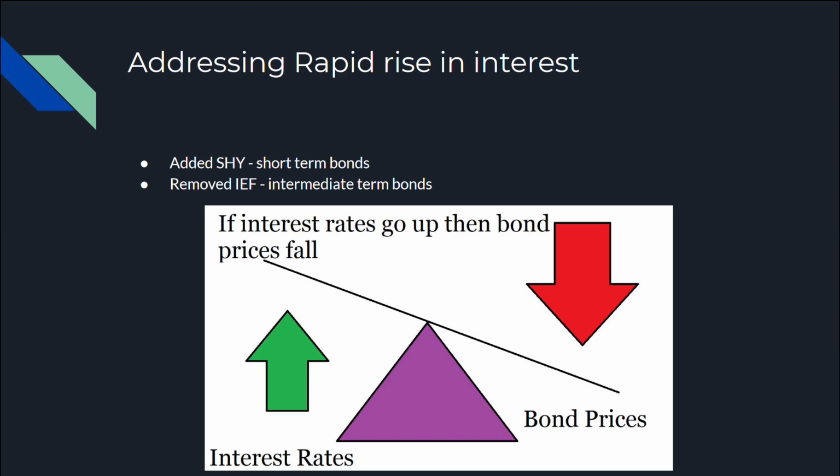While if you had SHY and you bought the bond when interest was at 1%, well, the bond is shorter term, so you could get paid back the money quicker, and you can buy another short-term bond that's been reissued at that higher interest rate. While if you're stuck with intermediate-term bonds, you'll have to be holding them for 7 to 10 years before they're reissued at a higher interest rate, or to get your money back anyway.